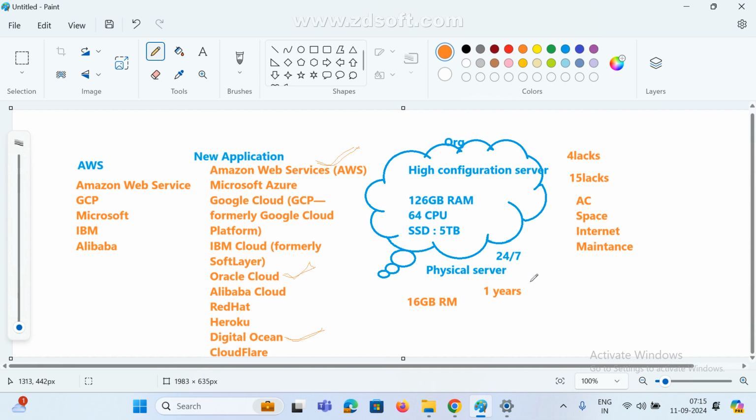So nowadays many providers are available in the market, right? If you contact any provider and give our requirement, they will give a quotation based on this. How many days, what type of application you want to deploy, and internet, everything these people are providing. These people provide the servers and all, you don't worry, just use and throw, that's it. Simply if you want to understand, pay, use and pay.